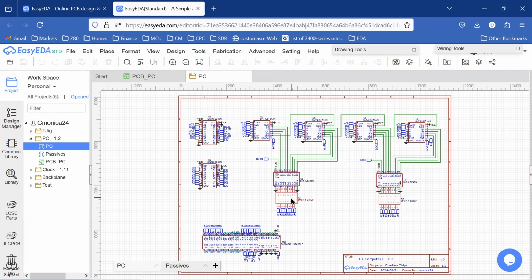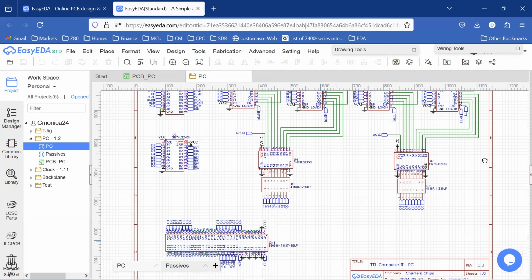Each of these are output through a 33 ohm resistor network, and we use that for impedance matching to the bus, as well as to eliminate ringing that may be on the lines. So we have the high order byte and the low order byte both coming out to the output bus. And finally, down here we have our card edge connector,